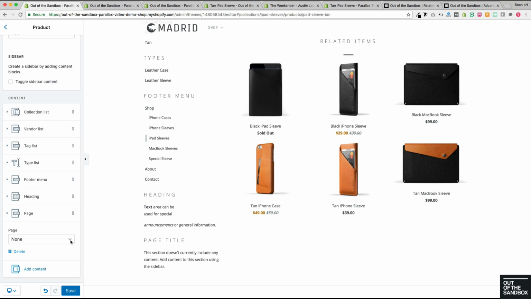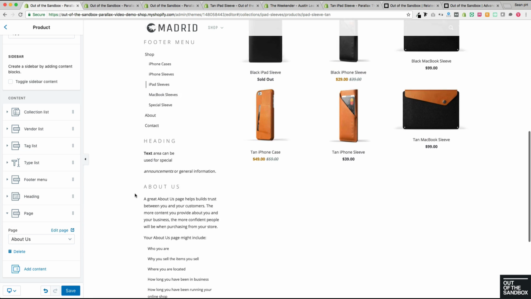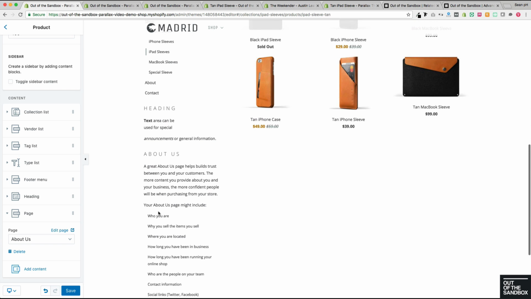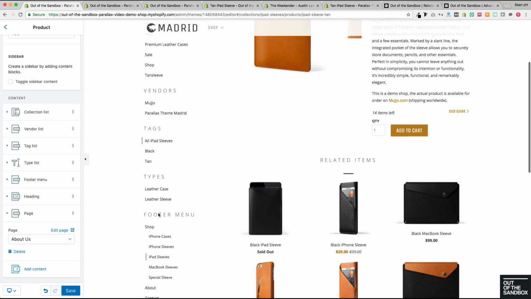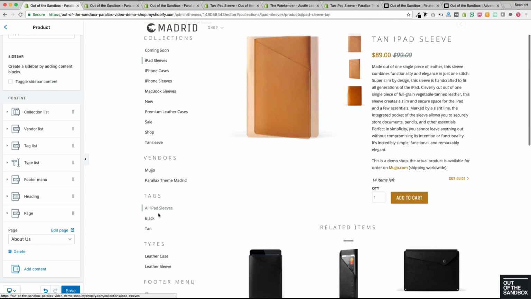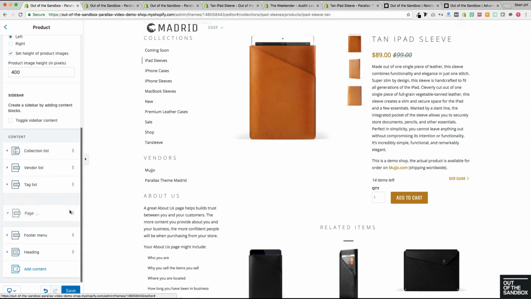So this reflects any of the pages set up on the Pages platform of Shopify. I'm just going to choose a random page here to show you how that populates the sidebar. Maybe not the best page selection for a sidebar. Not to mention, this sidebar would be too long probably for a product page, but I just wanted to show you all of the options that you have with your sidebar, and keep in mind they can easily be reordered